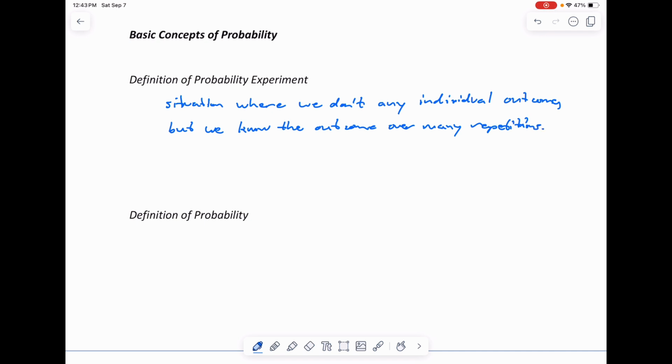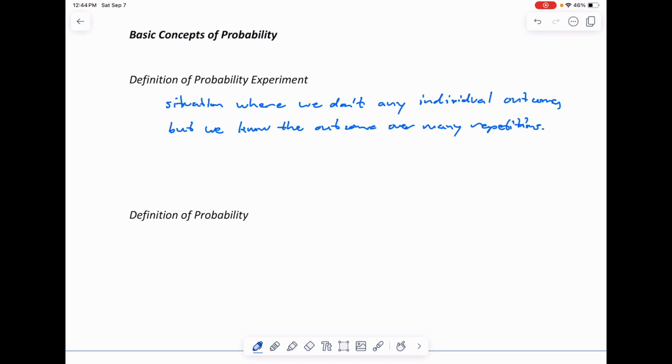So let's take, for example, a real simple example of flipping a coin. If I flip a coin, I don't know if that next flip is going to be a head or a tail. But what I do know is that if I flip that coin over many, many, many times, I would expect to get about an equal number of heads and tails. So when we talk about a probability experiment, that's what we're talking about. That situation where I don't know what the next outcome is going to be, but I know that if I were to do the same thing over and over and over again, I could predict or tell what the results